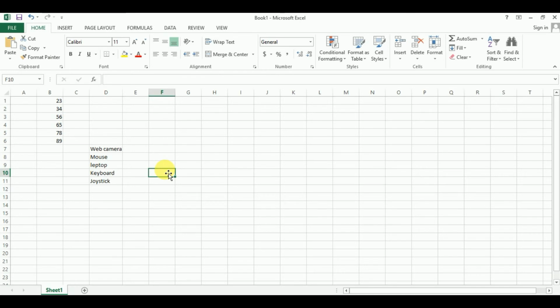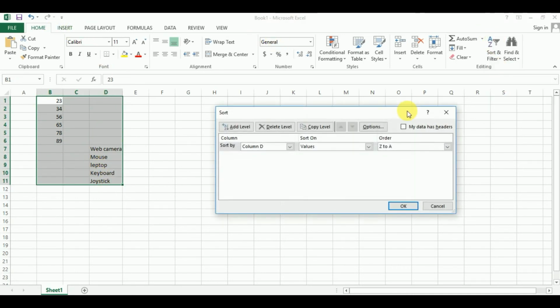Next, sorting using multiple columns. In MS Excel, we can also sort data using multiple columns. We will sort a table with personnel data. First, the data will be sorted by name, then by class, and then by blood group. So you can also use sorting with multiple columns. When you use multiple columns, you can select them, click on the home tab, and follow the same process: sort data and custom sort.